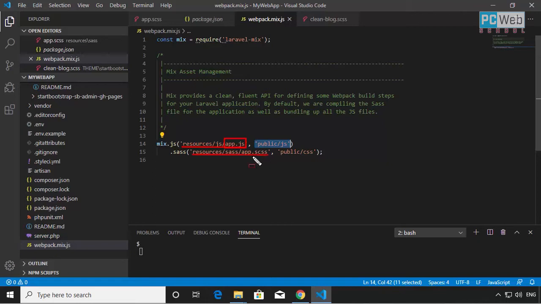So this is just this file, and what we will do is send